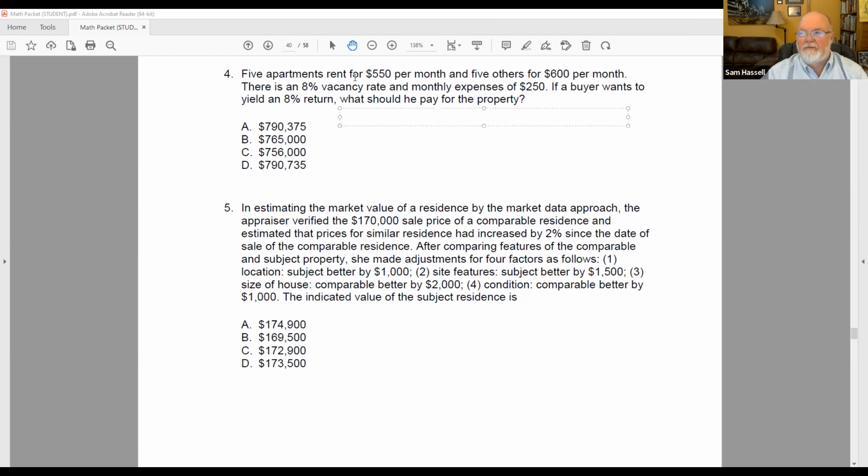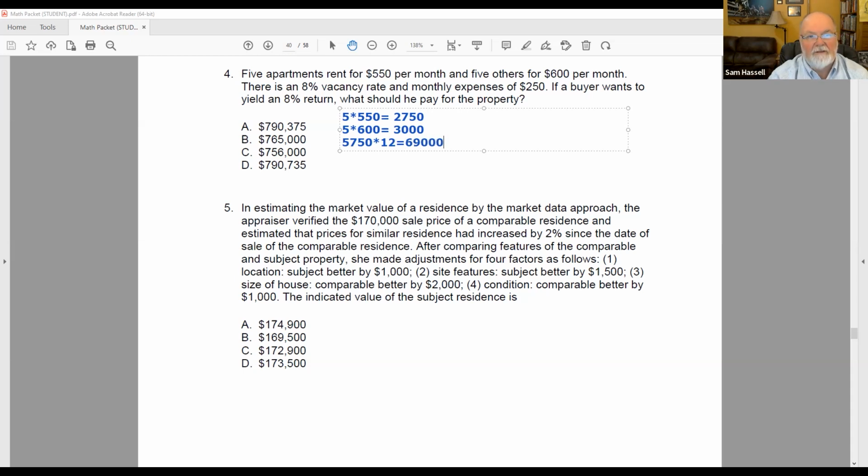Five apartments rent for $550 a month. We're going to multiply everything by 12 down the road. But right now we have what? 5 times 550, and that's going to equal 2750. And then we're going to have 5 apartments at 600, and that's going to give me $3,000 a month. So now, if we add those together, it's going to be 5750 times 12 months. And that's going to be